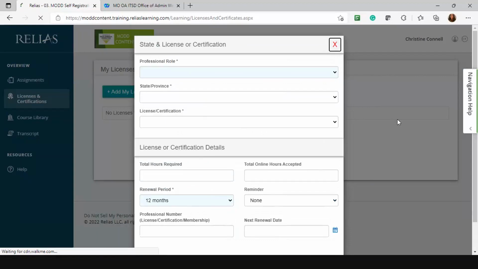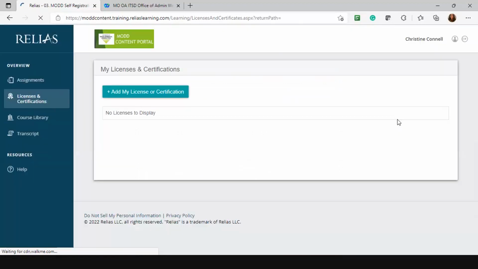That's not to necessarily say that the modules in the content portal itself are going to meet that certification. But it is obviously a training dashboard and a learning management system. So if you want additional support on remembering when you need to update a particular license or certification, you can add it into your learner profile if you wish.